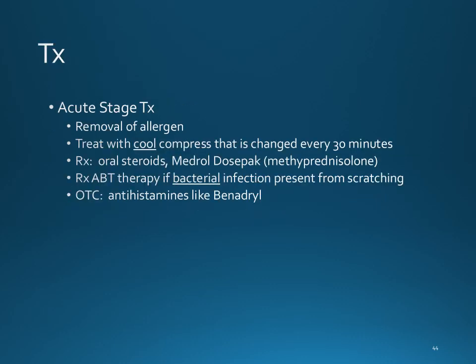All right, so treatment. In the acute stage, if you come in contact with the allergen that's causing this dermatitis type reaction, you want to clean the skin as much as possible. So if you came in contact with poison ivy and that was it, you want to wash the skin really well with soap and water. What that does is gets rid of the remaining allergen that's on your skin. It's not going to immediately start to reverse all the effects because you're already down the road with what's going on. You can do cool compresses. That just helps kind of calm the itching and maybe calm any heat that's associated with it.